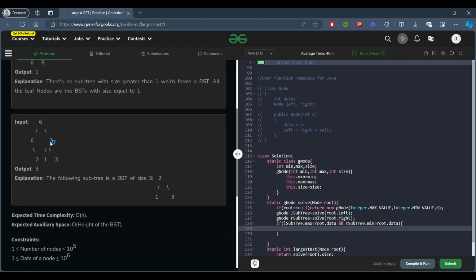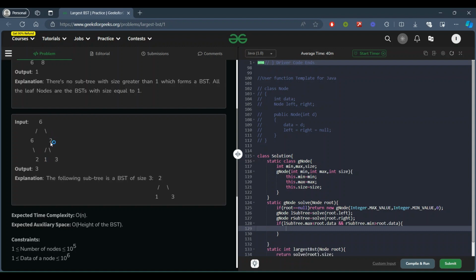Its left subtree will have a minimum value of 1 and a maximum value also of 1. So it will compare what is the maximum value present on this side. The maximum value present is 1 and that is less than 2. That's why this side is valid.